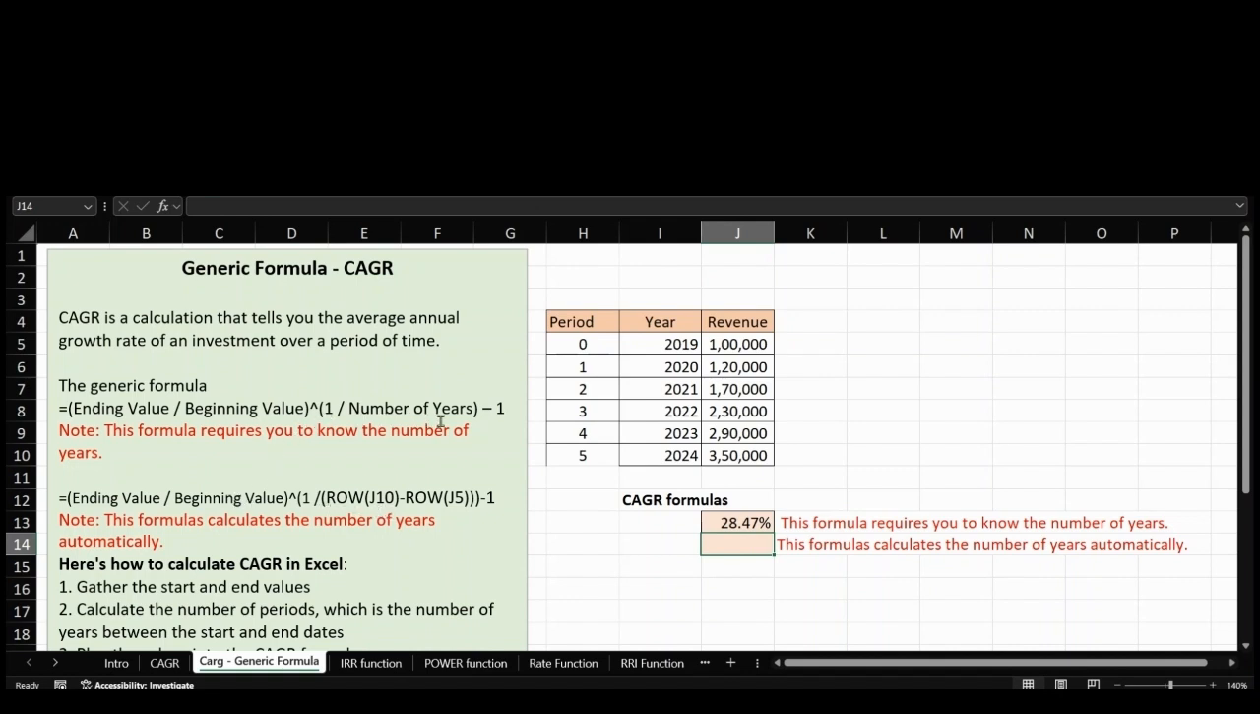So here there's another way of calculating this also. It is the same as that of this formula, but instead of writing the number of years, we are going to define the row references. Okay, so let's see how to do it. So here we'll write is equal to, inside the bracket, end value divided by beginning value,